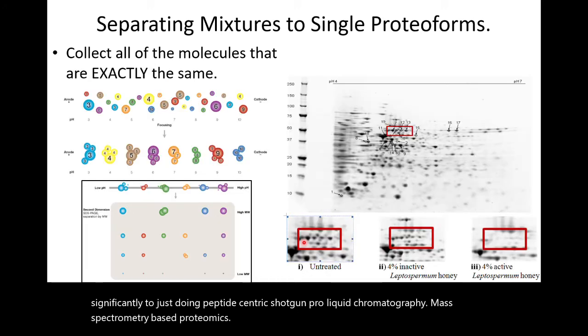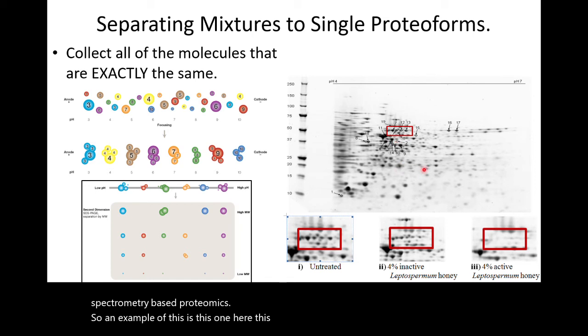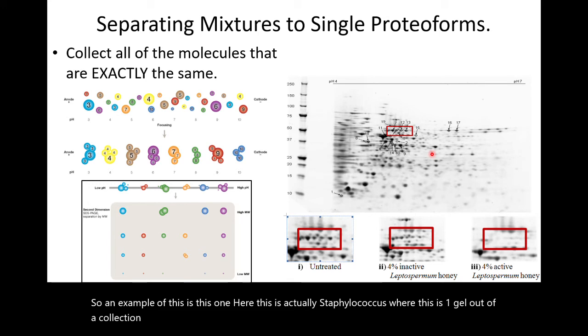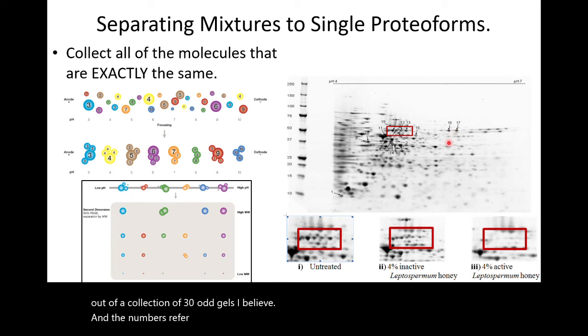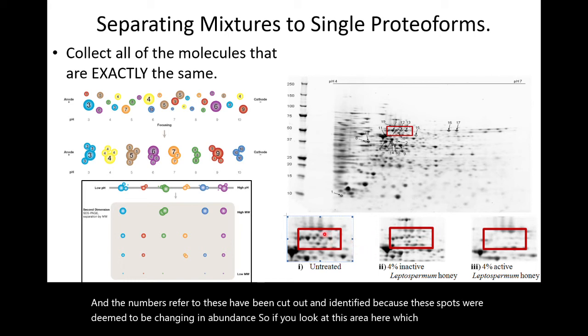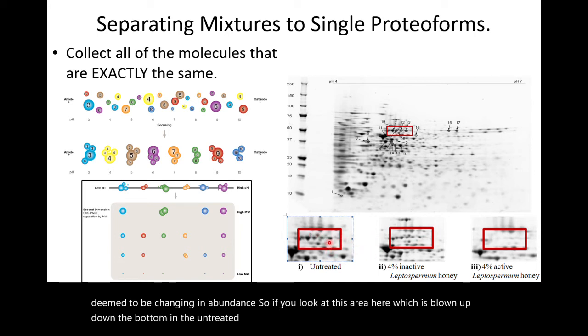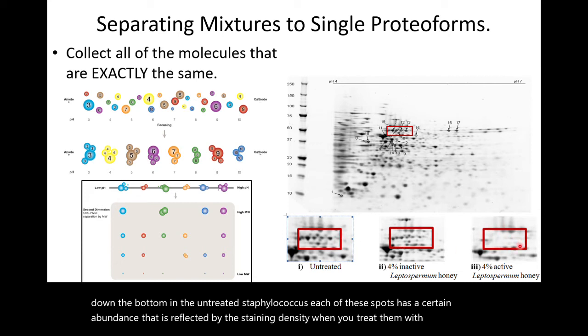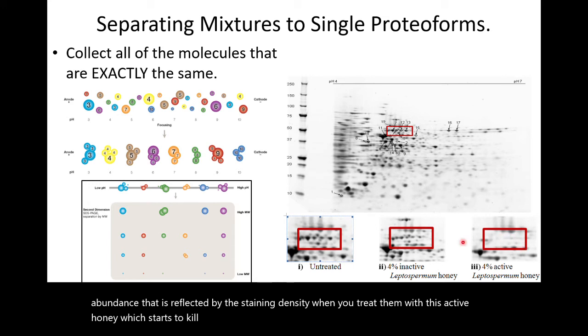So an example of this is this one here. This is actually Staphylococcus, where this is one gel out of a collection of 30-odd gels, I believe. And the numbers refer to spots that have been cut out and identified because they were deemed to be changing in abundance. If you look at this area here, which is blown up down the bottom, in the untreated Staphylococcus, each of these spots has a certain abundance that is reflected by the staining density. When you treat them with this active honey, which starts to kill the bacteria, you can see that the intensity